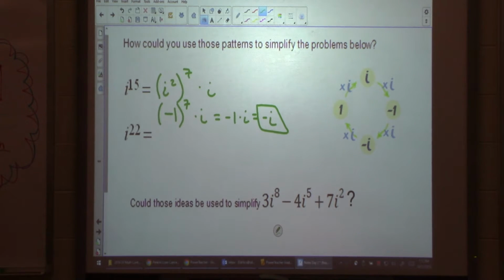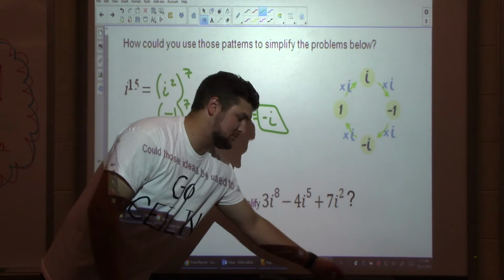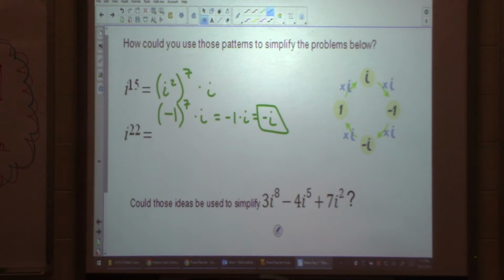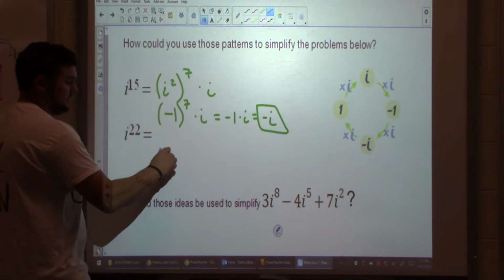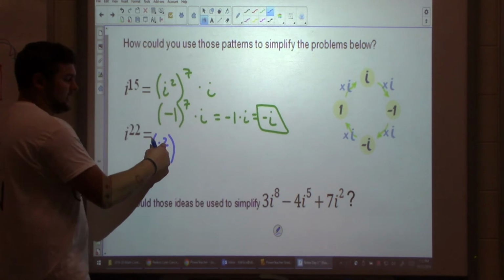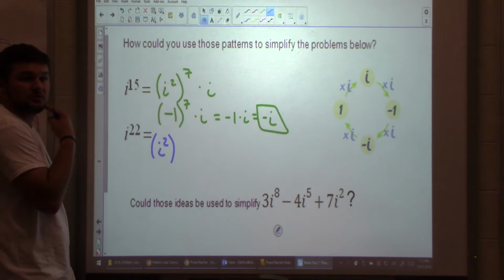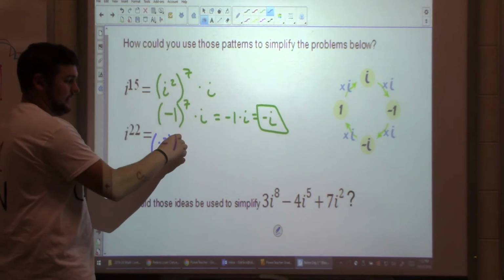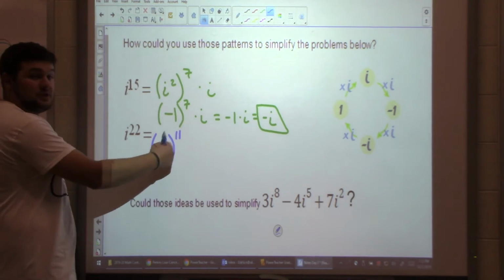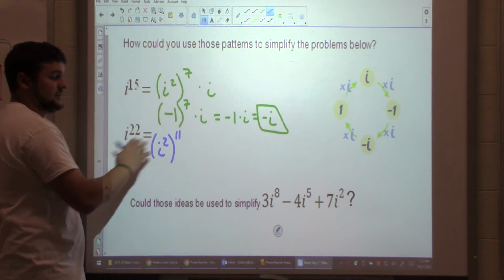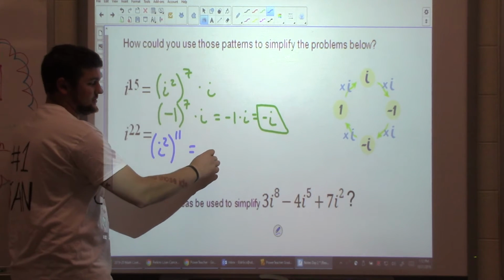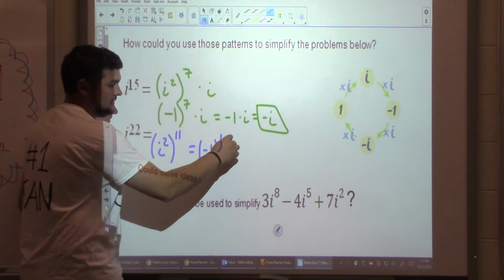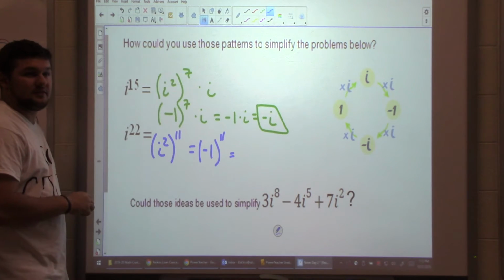Yeah. Okay. Sweet. Alright, let's try another one. i to the 22nd. If I take i squared, how many times does 2 go as a whole into 22? 11. That gets me 22, right? So I don't need to add any extra i's on. I'm good. i squared is the same as negative 1. And negative 1 to the 11th is